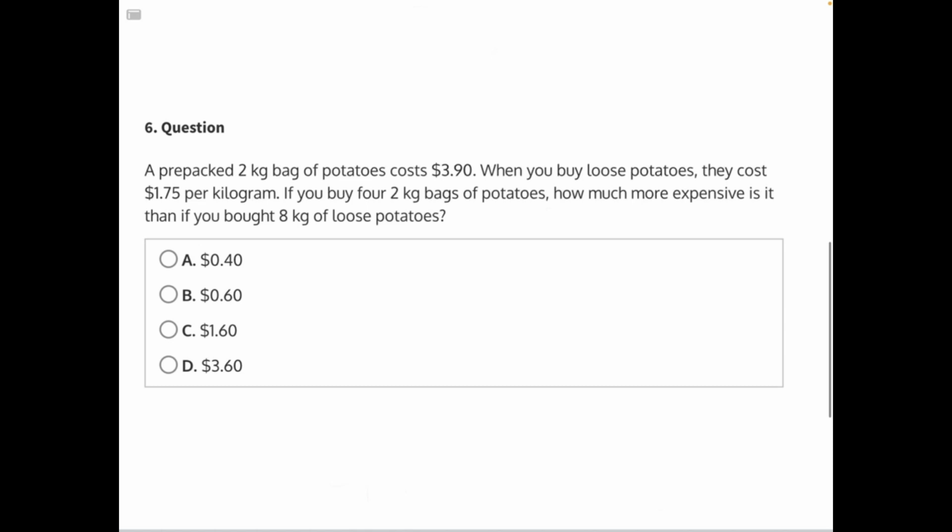A prepackaged 2-kilogram bag of potatoes costs $3.90. When you buy loose potatoes, they cost $1.75 per kilogram. If you buy 4 2-kilogram bags of potatoes, how much more expensive is it than if you bought 8 kilograms of loose potatoes? This is a more complex word problem, so I'm going to introduce a problem-solving method called the